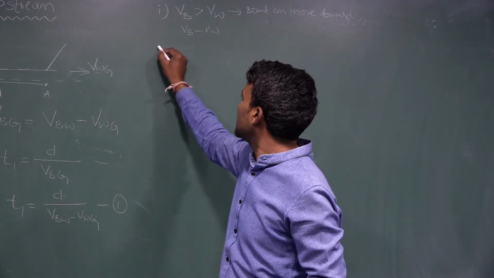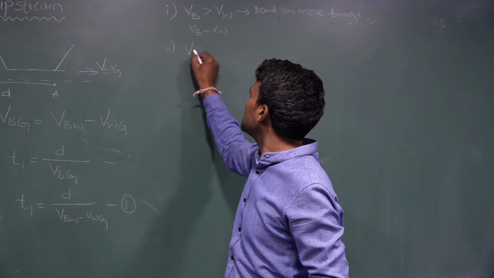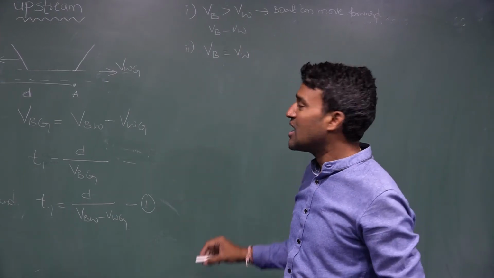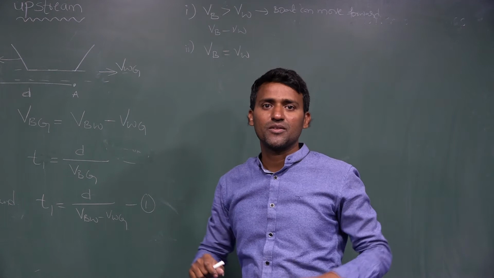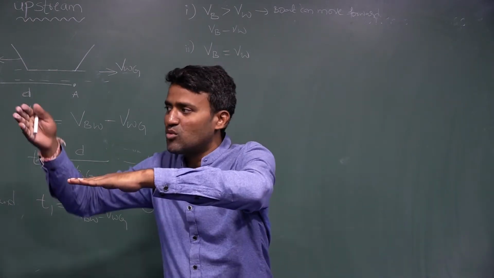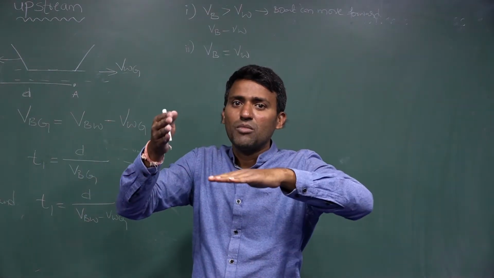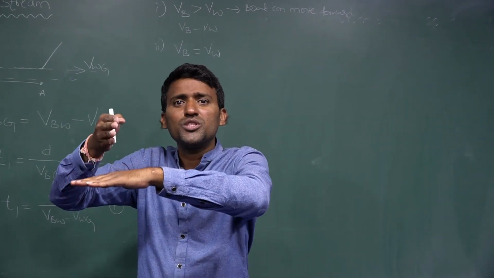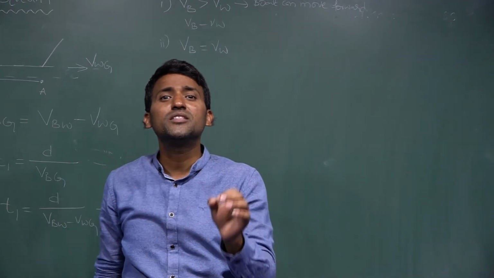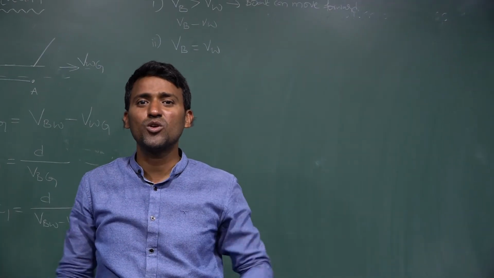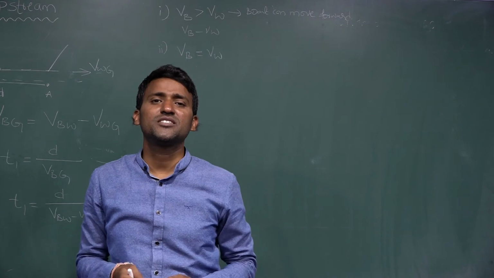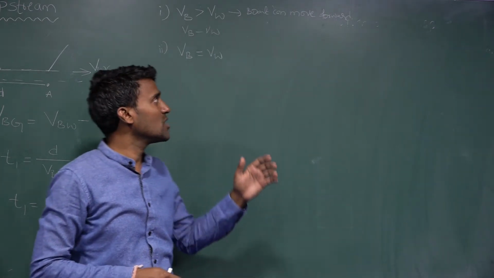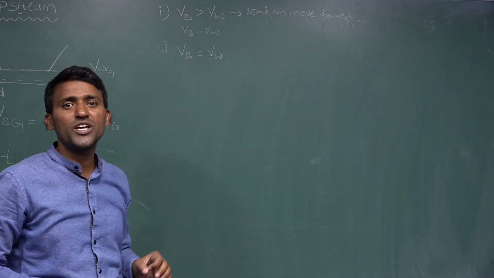And the second condition, if I am taking the velocity of the boat equal to the velocity of the water. See here, velocity of the boat, velocity of the water. Water is going like this, boat is going along this direction. But if the velocity of the water and the velocity of the boat are both the same, at that moment the boat is at rest, because equal and opposite velocities cancel each other. The resultant is 0. Thus, the boat is at rest.